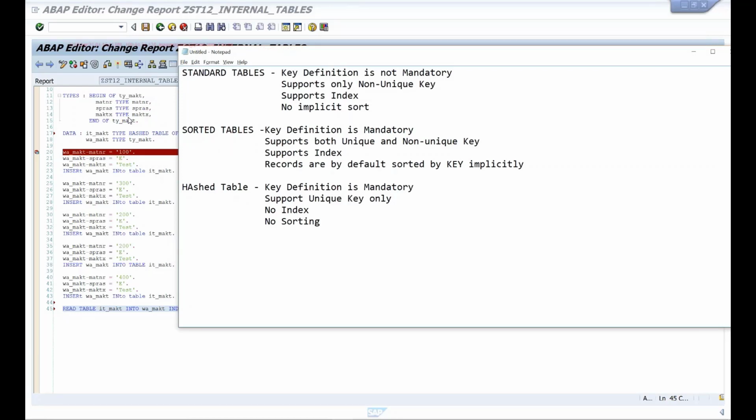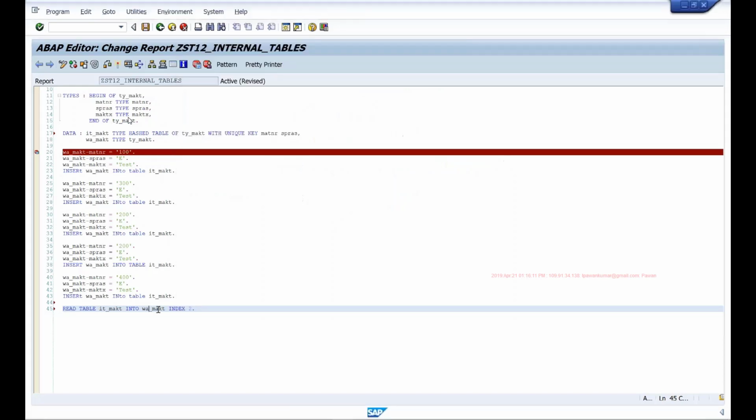But where is this useful? The major difference comes when you try to read the data from these internal tables, and how the system tries to find the matching record. For example, if I say read table ITMAKT into WMAKT with key matnar equals 300, then the system has to scan this internal table and find the row where matnar is 300.